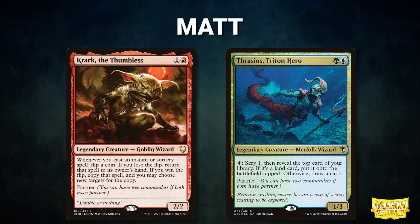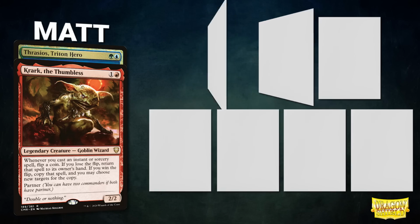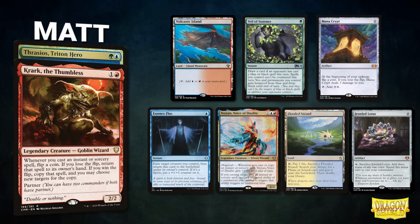Next, we have our Mox Pearl patron Matt, piloting the partner pair of Krark the Thumbless and Thrasios Triton Hero. This deck seeks to copy spells using its commander's ability and leverages that value to execute a game-winning combo. Matt's opening hand contains a Volcanic Island, Veil of Summer, Mana Crypt, Essence Flux, Veyran Voice of Duality, Flooded Strand,